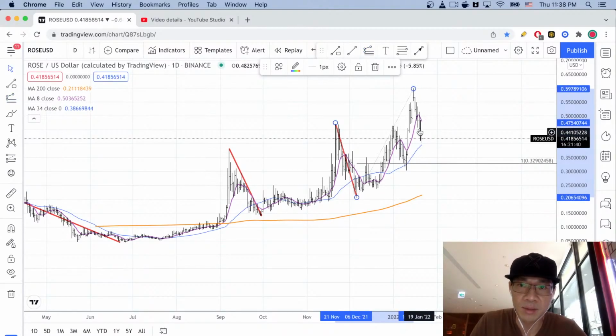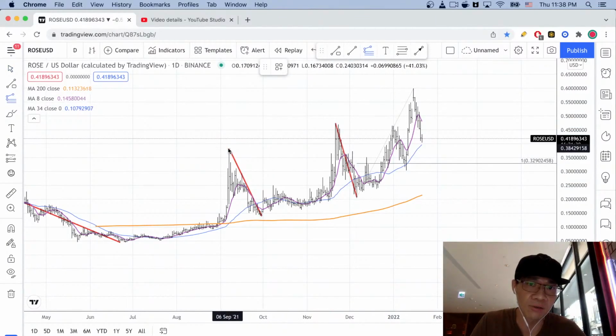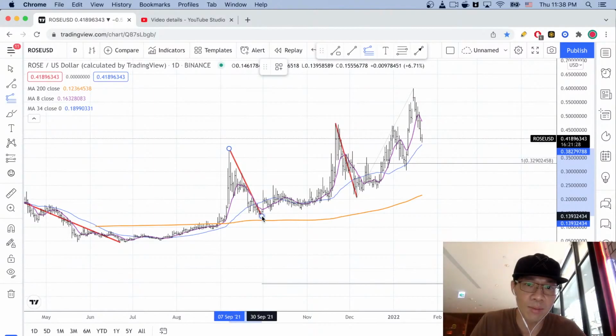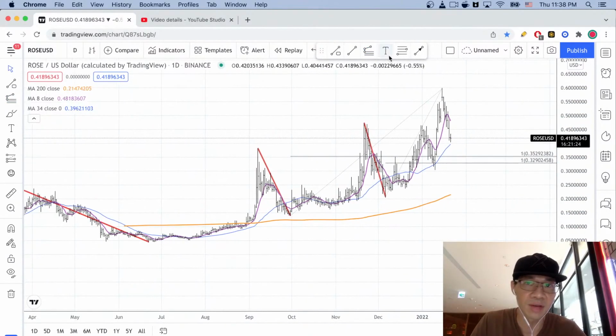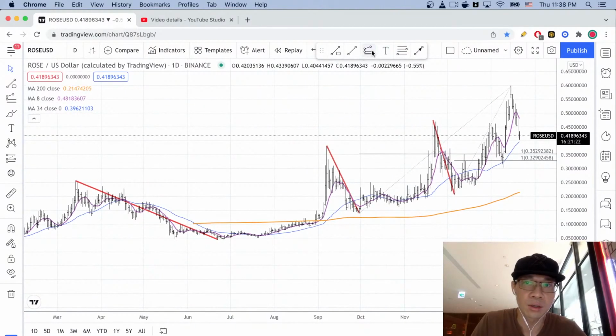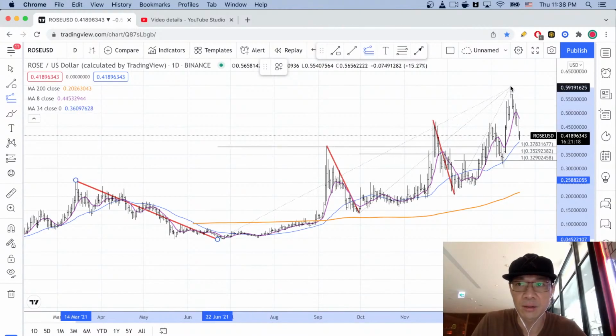Since this pullback right here did not adhere to this pullback and other smaller pullbacks that I had outlined previously, I'm going to look for a deeper pullback, looking for that potential next set of pullbacks. So I'm going to start to map them out. Pivot high, pivot low, pivot high. And over here, this swing back here, pivot high, pivot low, pivot high. Okay,